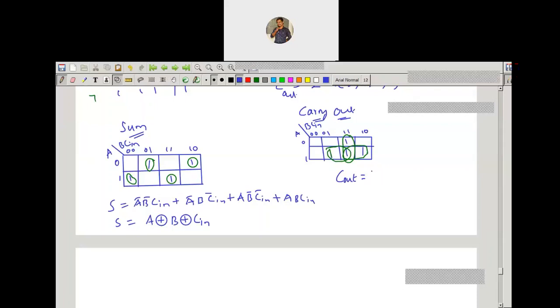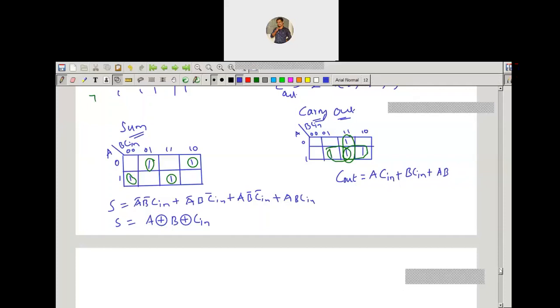Well done. Now the carry output expression: I'm writing the expression, you can do the cross check. A Cin or B Cin or AB. So this is the expression for the output carry.